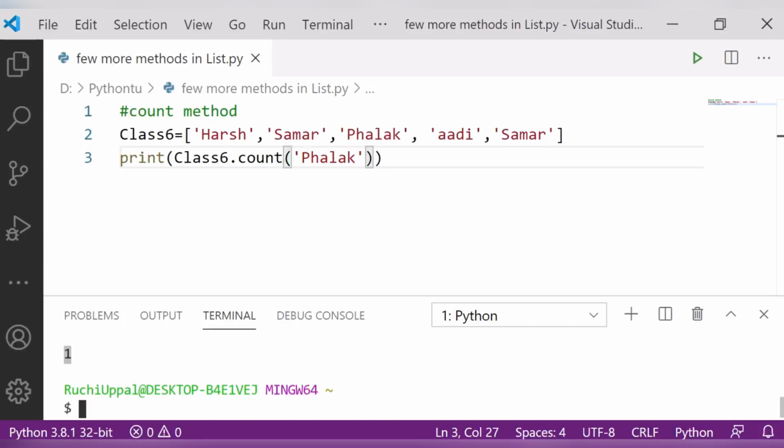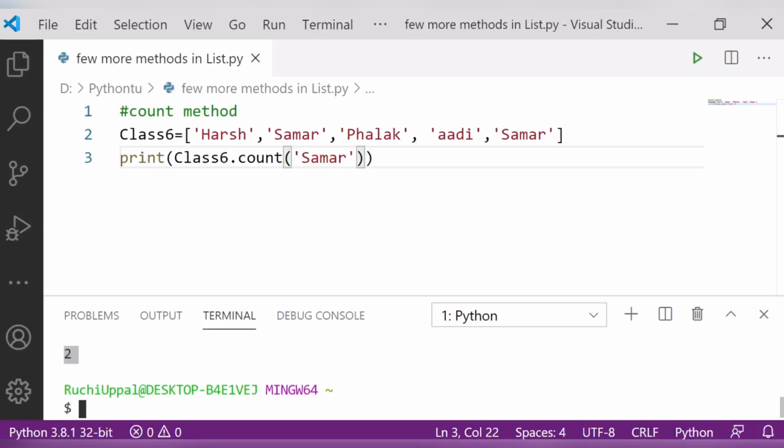If I write Summer here and check, yes, it is saying there are two Summer in my class. So this is how you can use the count method in Python. I hope you are getting what the count method is. You can count the elements in your list, or the number of students in your list, or whether that particular child is present or not. For this purpose we use the count method.